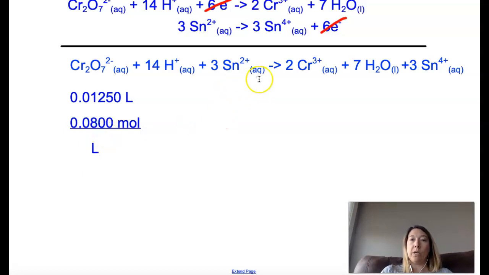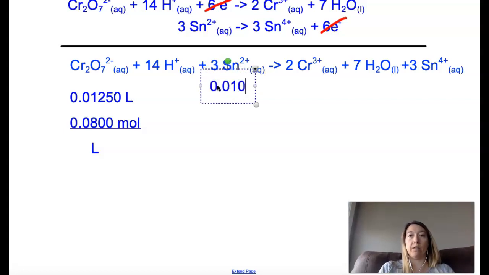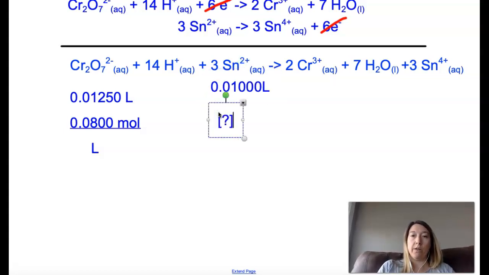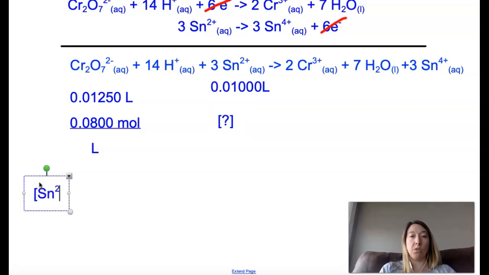Okay, and then what else were we given? We were given for the tin 2 that we had 10 mils, so 0.01000 liters. And we were looking for the concentration of that, right? So this is where we're now just going to do basically Chem 20 stoich to determine what the concentration of that tin 2 was. So we need to get moles per liter, moles of tin 2,